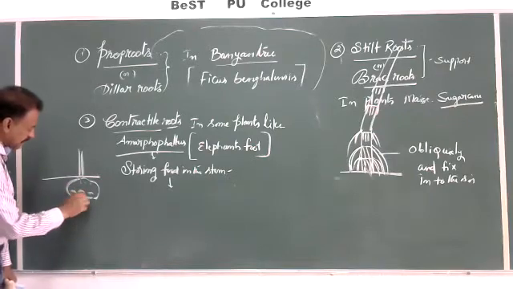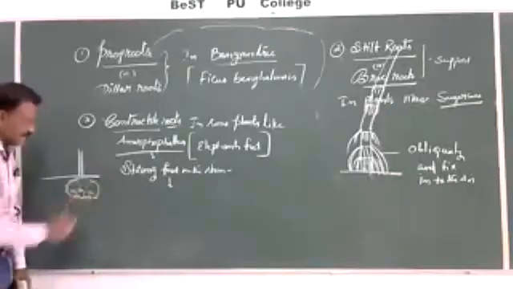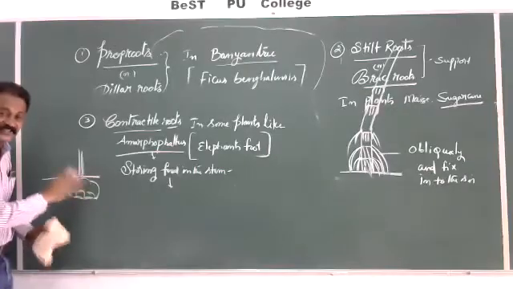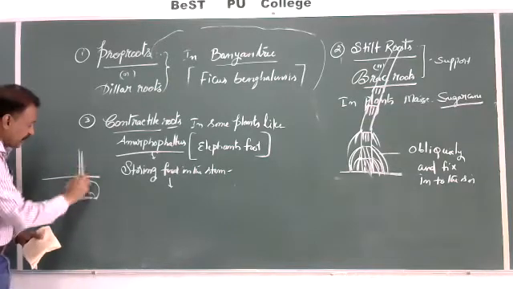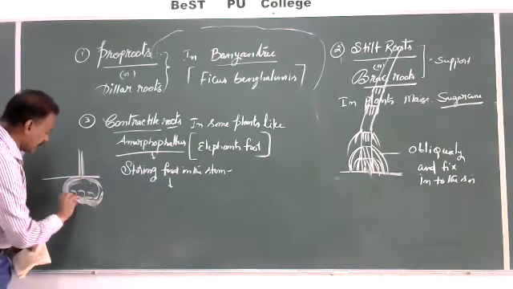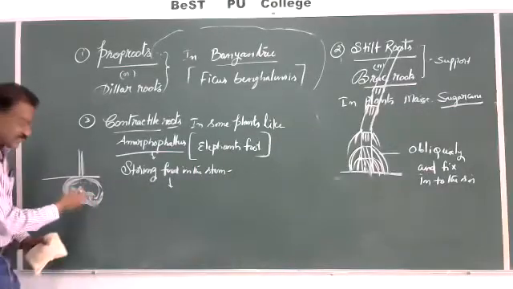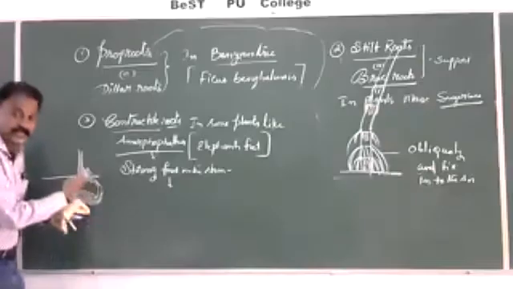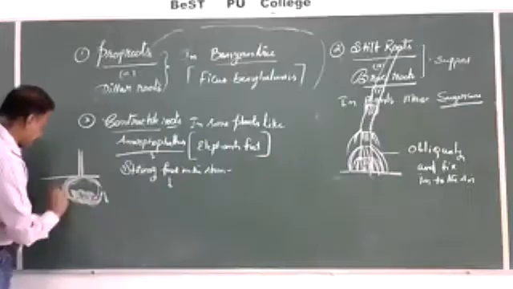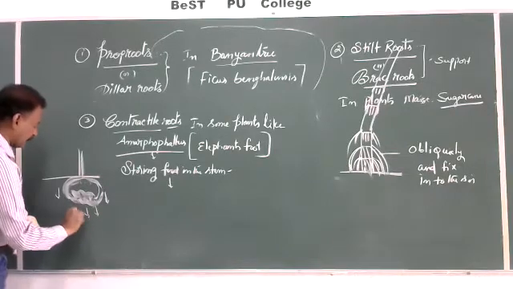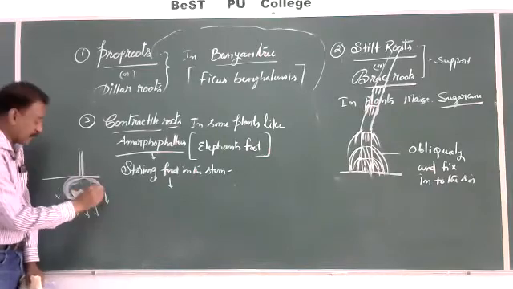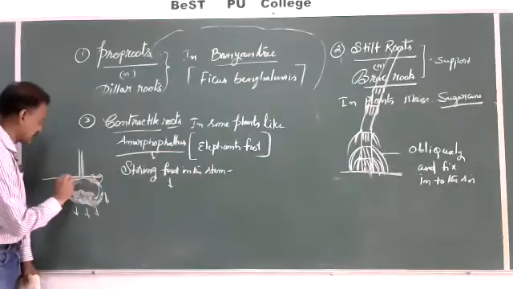So it looks like an elephant's foot, black in color, because it is always present in the soil; it is brown, dark brown in color, or soil color. As and when food material is stored more and more, it is going to develop heavily. Because of its weight, it will go down into the deeper layers of the soil. But here, some of the roots which develop are called contractile roots.